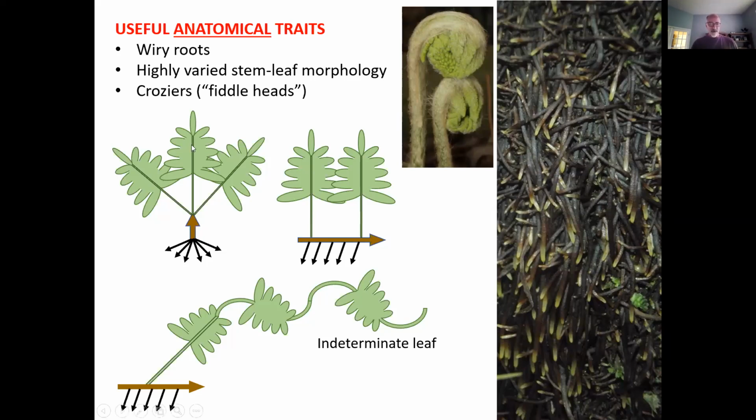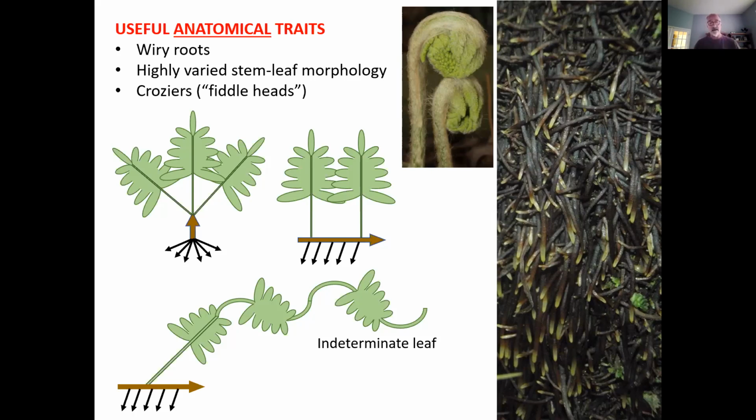The three little diagrams on the right are merely meant to visually illustrate that you can get kind of what you'd expect, the kind of Joe Blow erect fern. It doesn't creep around on the forest floor like Christmas fern, if you're familiar with it. Or something that wanders around where the stem is underground and it's sending up leaves. Of course, these can be real mischief makers like Pteridium aquilinum, right? Bracken. That's what bracken is doing with a rhizome that can be 18 inches below ground,